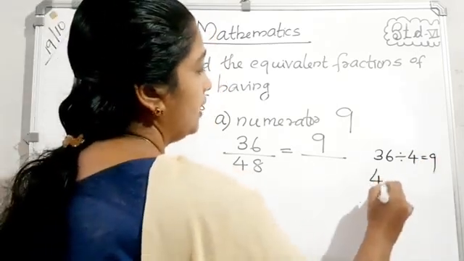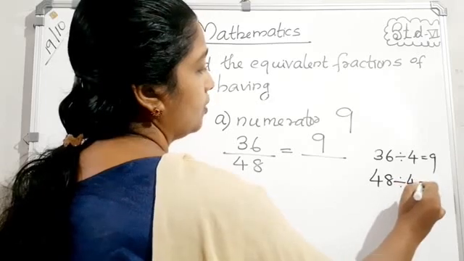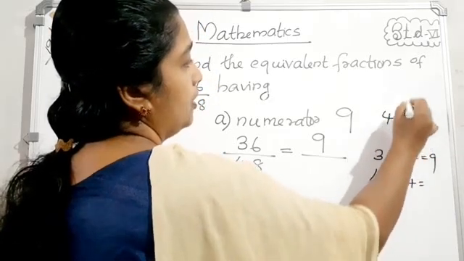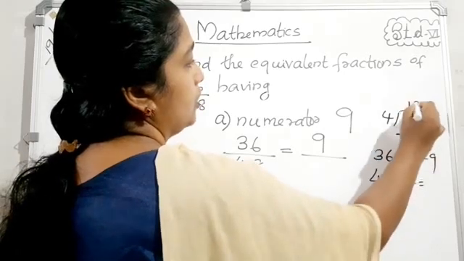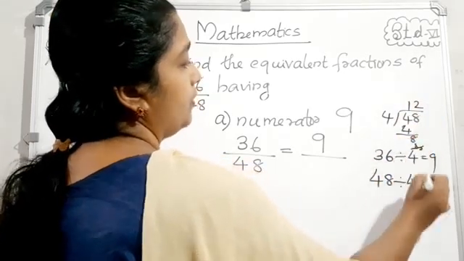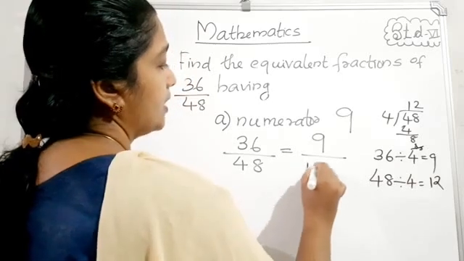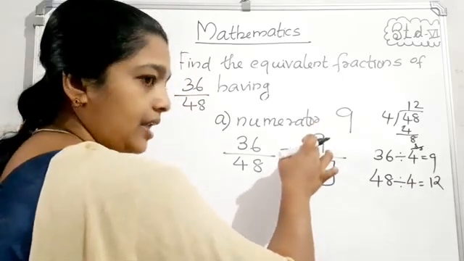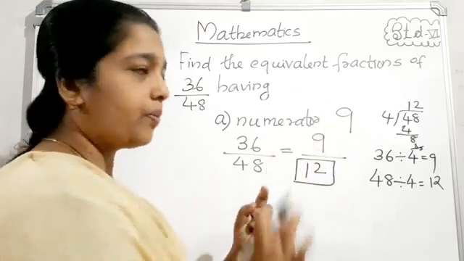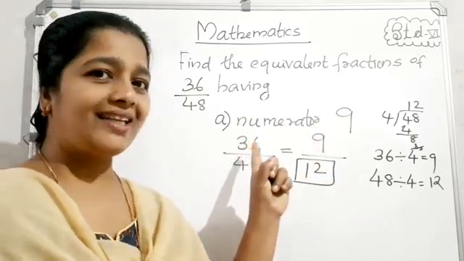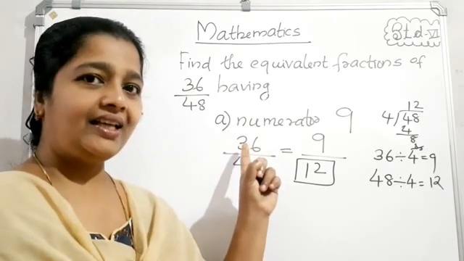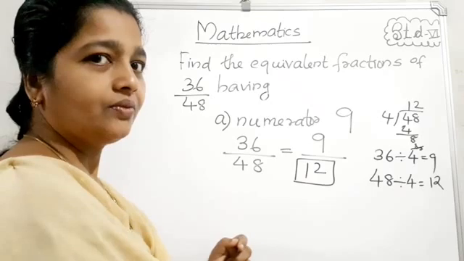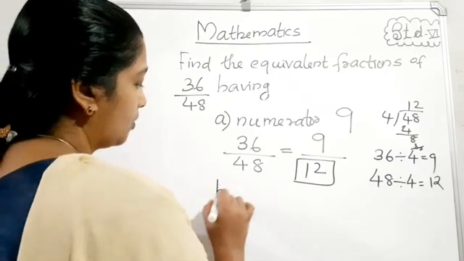Therefore 48 by 4 equal dash. So you want to say the answer. 12 into 4 is 48. So we got 12. Understand? Any doubt, you must take the smallest number and find the product. Which number will we get here, 36? Clear? So the answer equals 12. Yes. Then one more question.